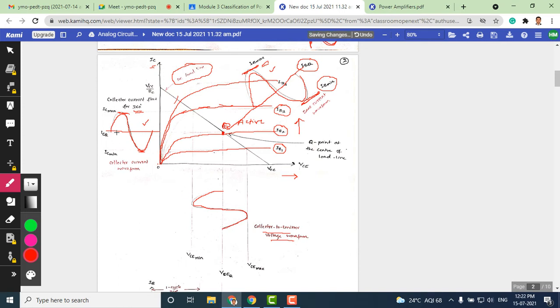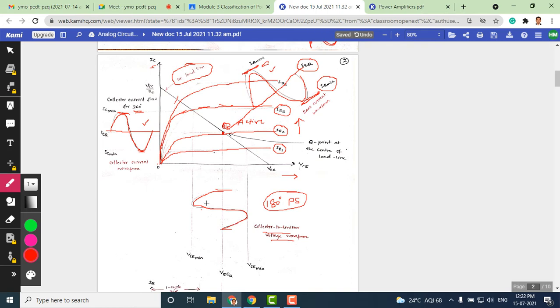How do we know that? Because for the positive cycle of collector current, we have the negative cycle in the collector emitter voltage. And for the negative cycle of collector current, we have the positive cycle of collector emitter voltage. So there is a 180-degree phase shift. I'm saying it is a phase shift, so don't confuse it with the conduction cycle. Again, here you can see that a full 360-degree waveform exists, similar to the input signal, even for the collector emitter voltage waveform. It exists for the entire 360 degrees. So for one full cycle, the current and the voltage exist here.